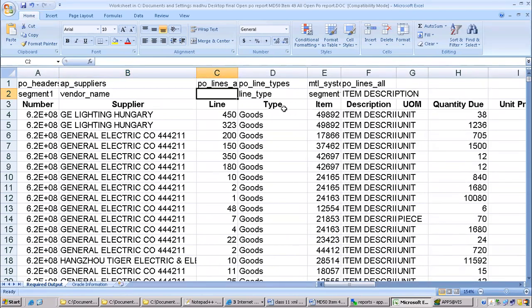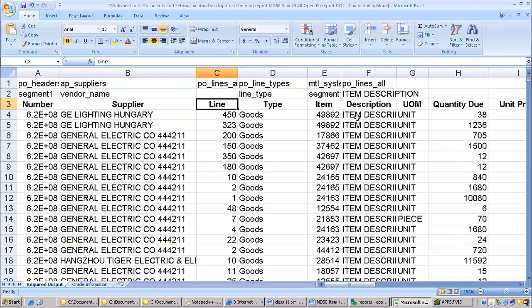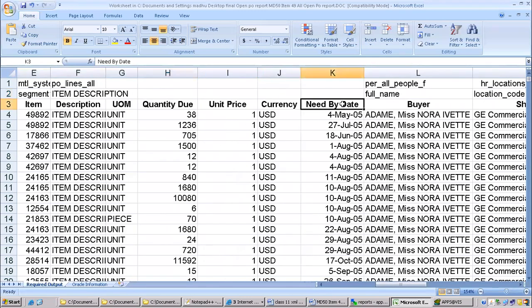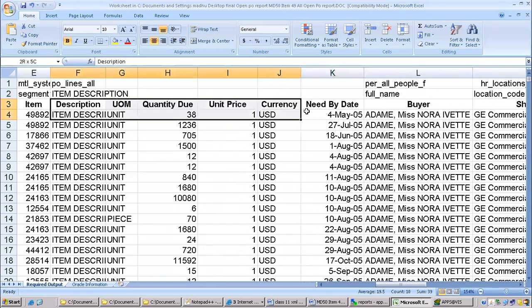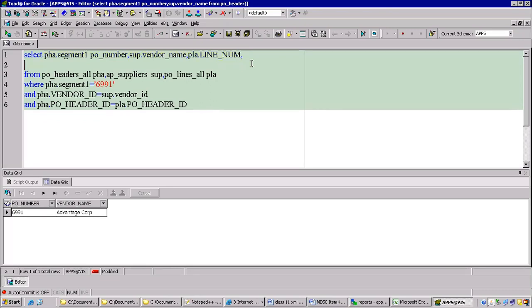Okay, later we can change it, but right now, yeah, line number is required. PLA dot line number. So let's see other columns. Item will take later. Description, UOM, quantity, need by date. So all are from here. These many fields are from the lines table only. Okay. So remember, quantity, description, UOM. Okay. PLA dot,